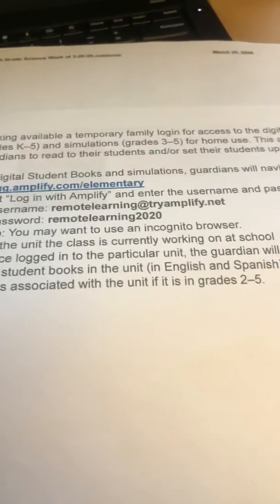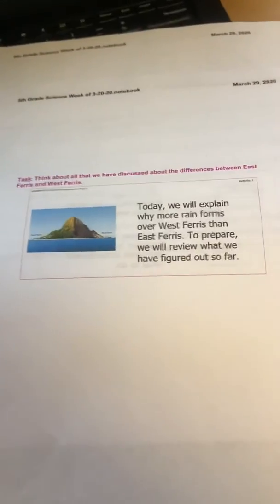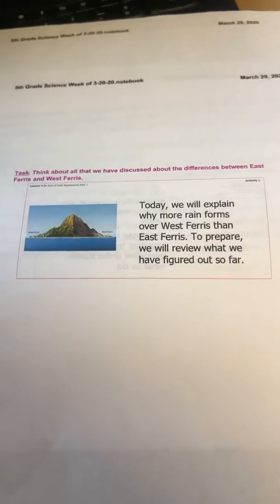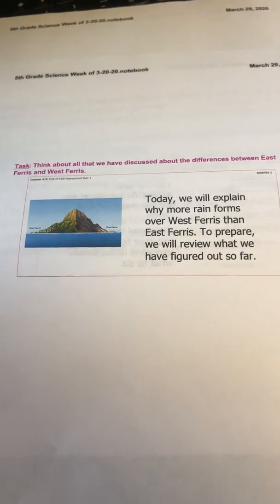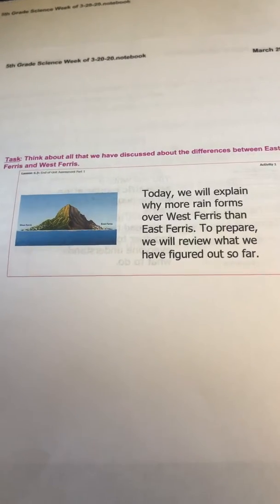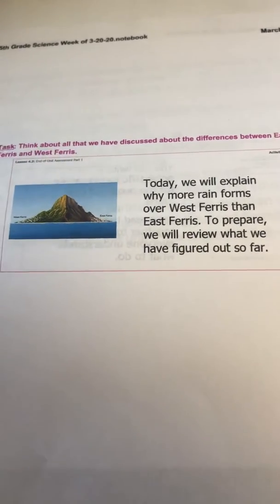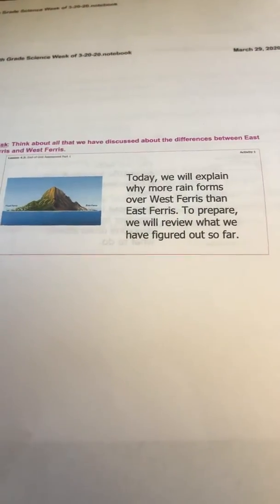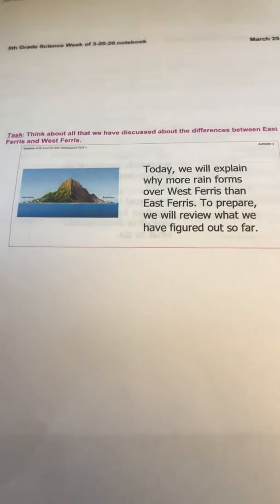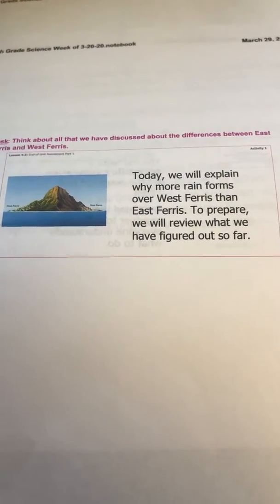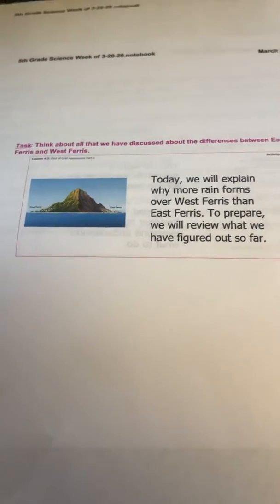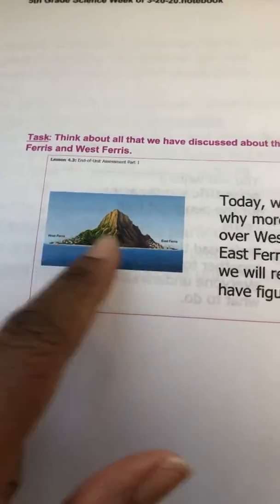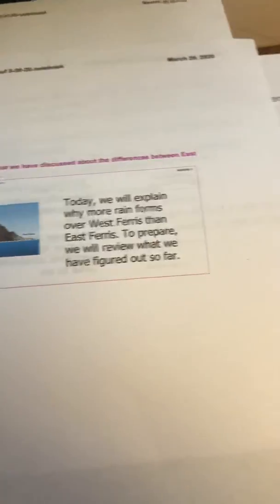All right, so it says here, think about all that we have discussed about the differences between East Ferris and West Ferris. Today, we will explain why more rain forms over West Ferris than East Ferris. To prepare, we will review what we have figured out so far. You know through the investigations that we've discussed, the letter from the mayor of Ferris Island and our lab investigations and digital texts, that West Ferris seems to be getting more plant life than East Ferris, and we see that they're having access to more water there. And we've been trying to figure out why. Okay, so